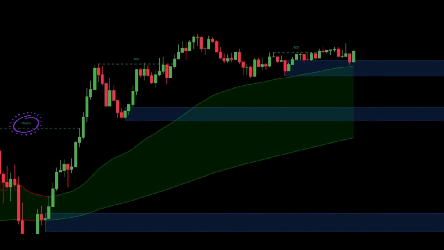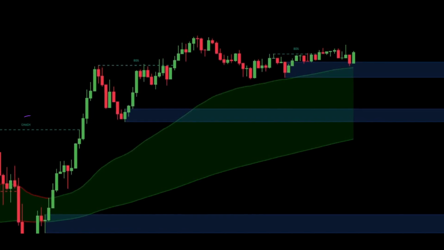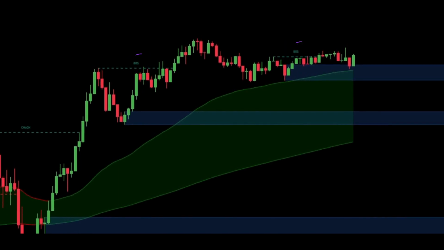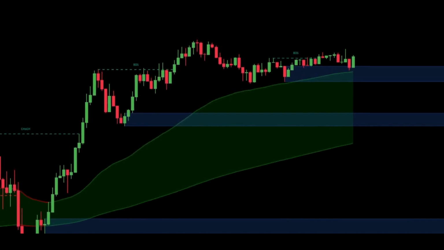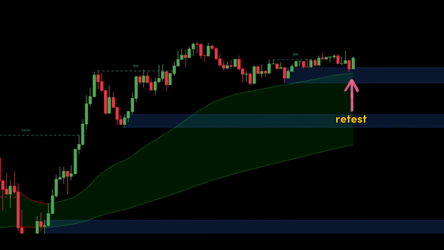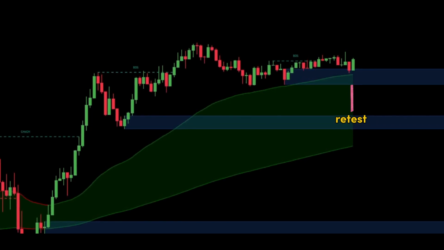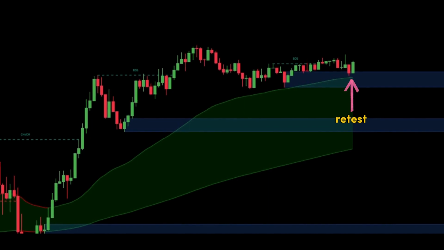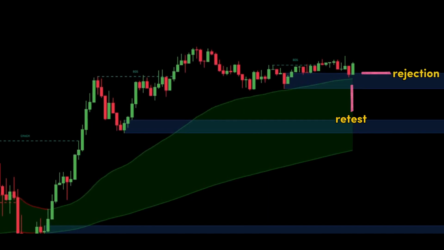Next, wait until a green CHoCH signal appears. Then, wait for a bullish break of structure or a green BOS signal to occur. Wait for the price candlesticks to retest the bullish order block area. Once the price candlesticks have retested the bullish order block area, wait for a rejection in the form of a